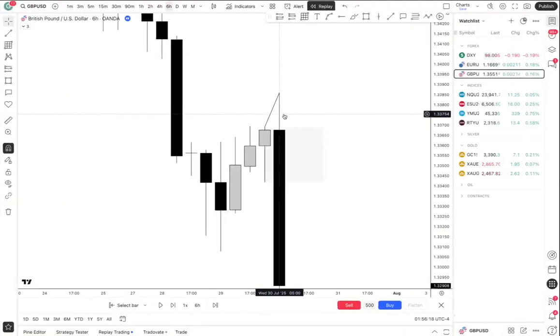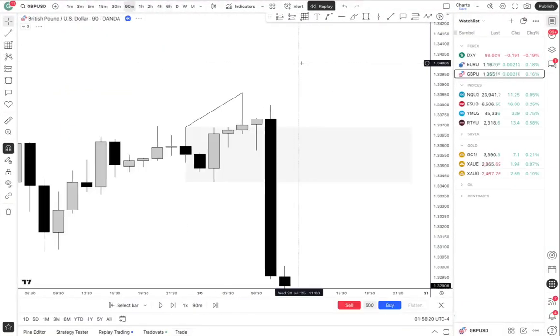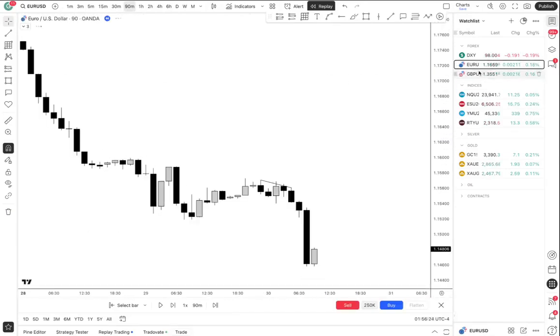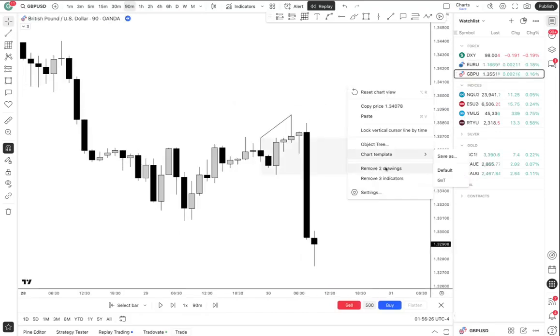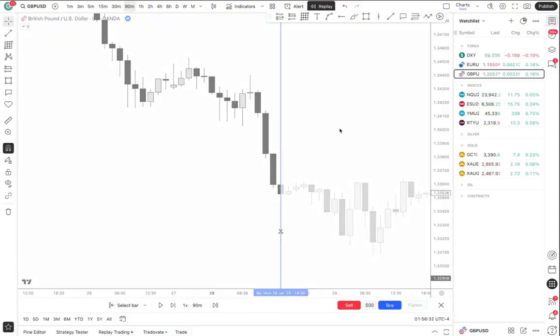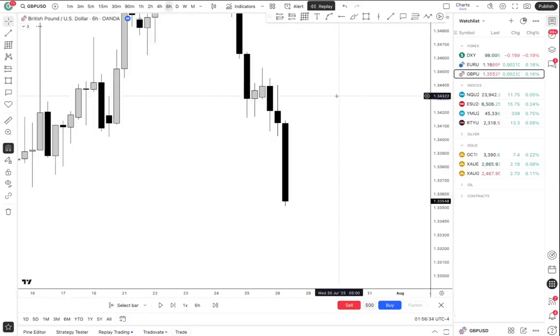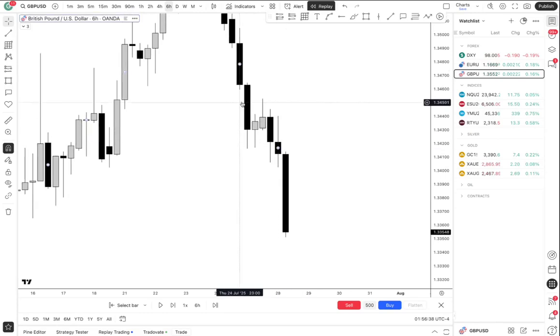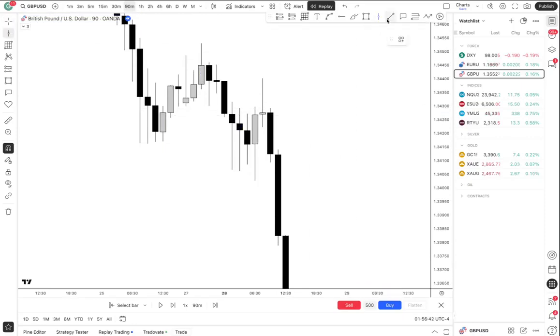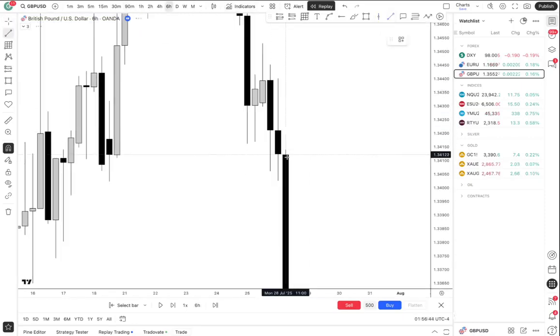And what can form the high of a 6-hour candle? A 90-minute swing point, right? So it's a bit ugly here. Try to find a cleaner one, especially in Q or something. Maybe right here. Yeah, like one of these candles. Basically, the high of this 6-hour candle or this 6-hour candle. This is actually a good example because